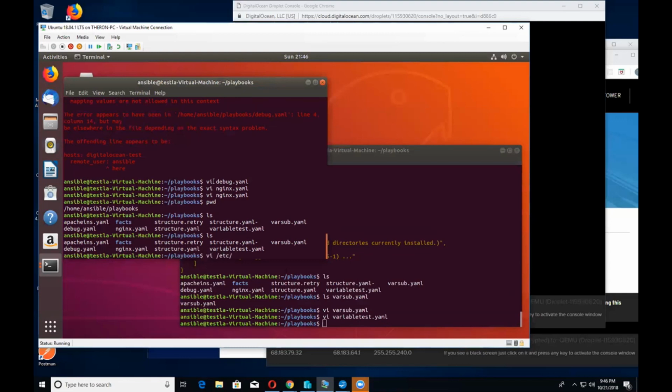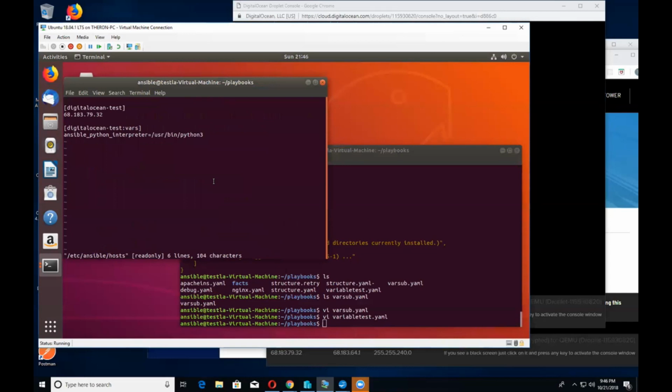So when you install Ansible, one of the first things you're going to want to do is edit the /etc/ansible/hosts file. This is basically where you can create logical groupings. So this is kind of like your /etc/hosts file that you're all familiar with, but this is for Ansible itself. So what I'm doing here is I'm telling Ansible that anytime you see a name like DigitalOcean-test,